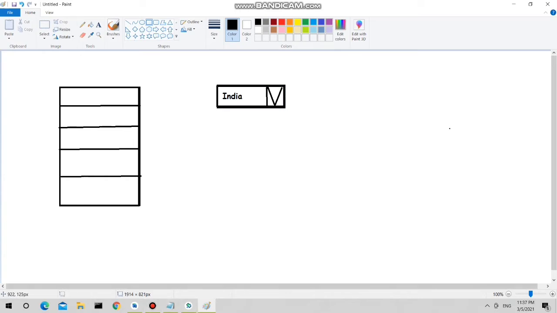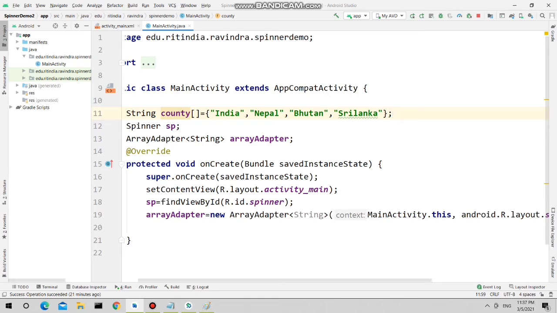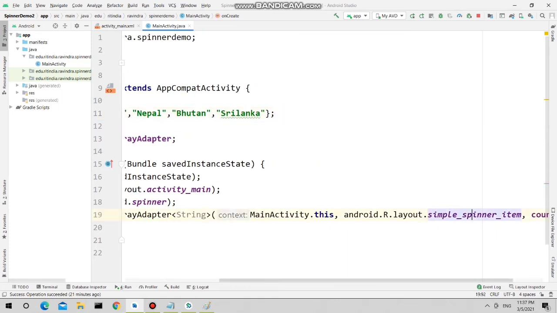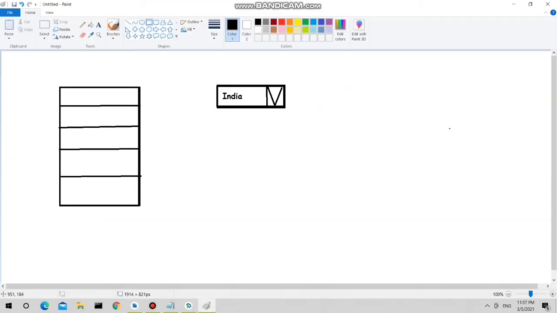We require two layouts for spinner. This is the first layout, that means the initial layout, which decides how your spinner will look, and that we have already mentioned: android.R.layout.simple_spinner_item. Now one more layout we will require.